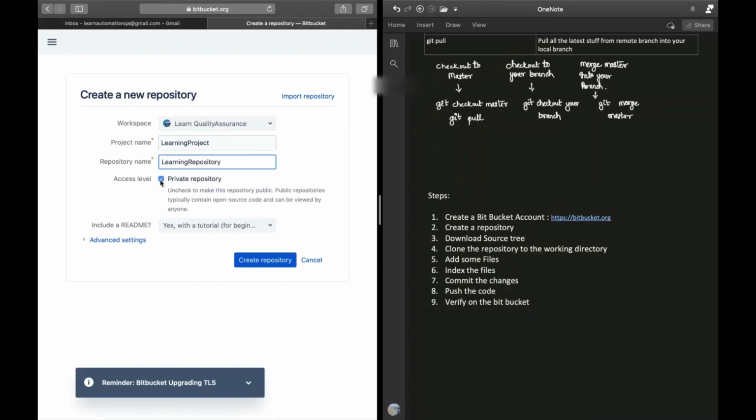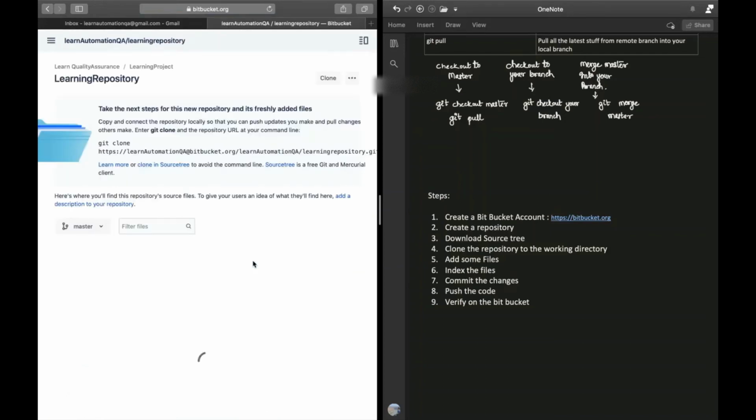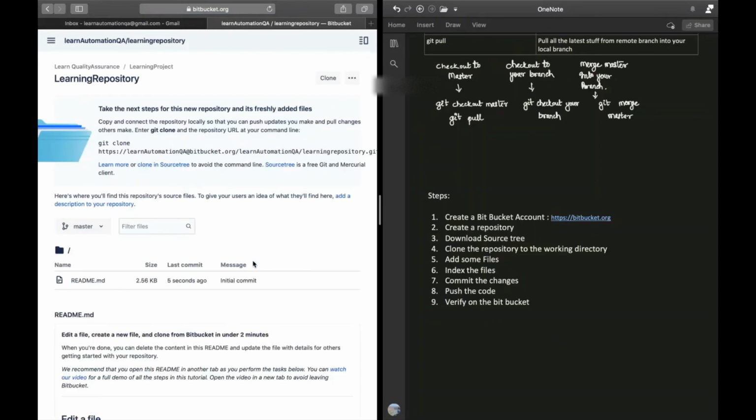I'll make it not a private repository now, and then I'll create the repository. Yeah, it's done. See, it's so easy.